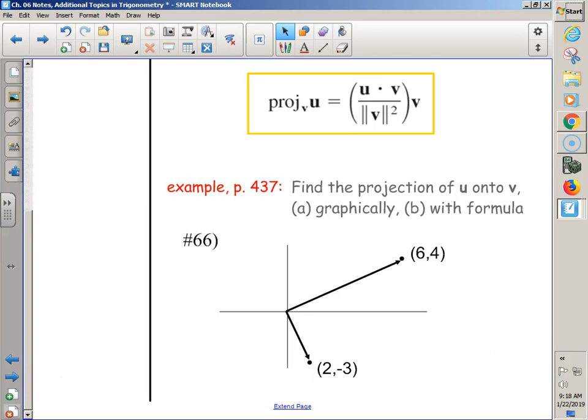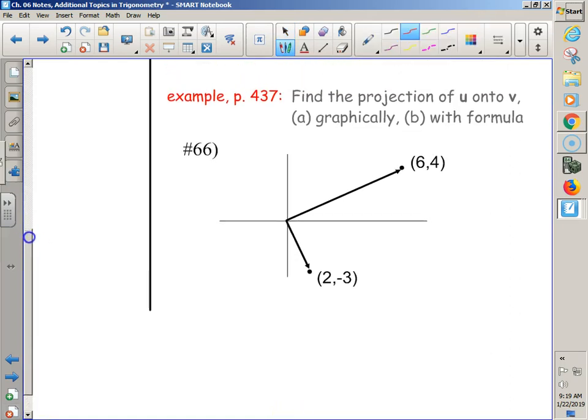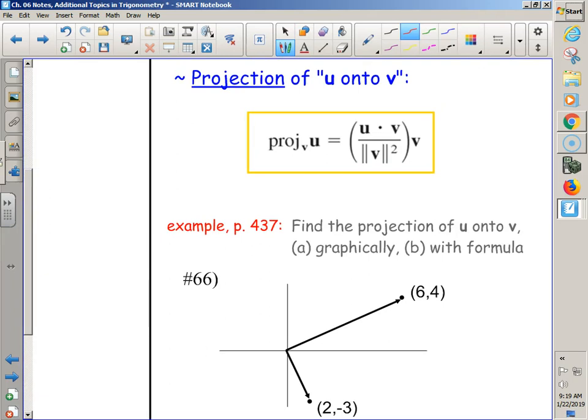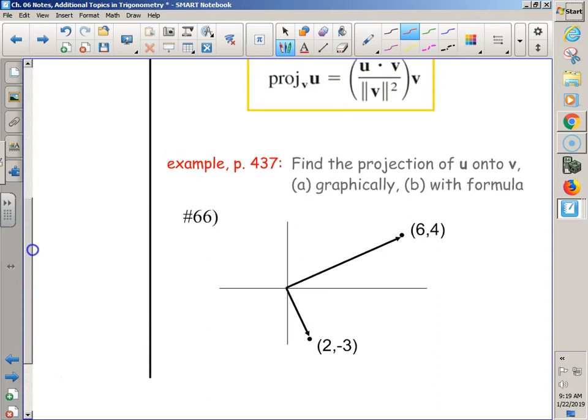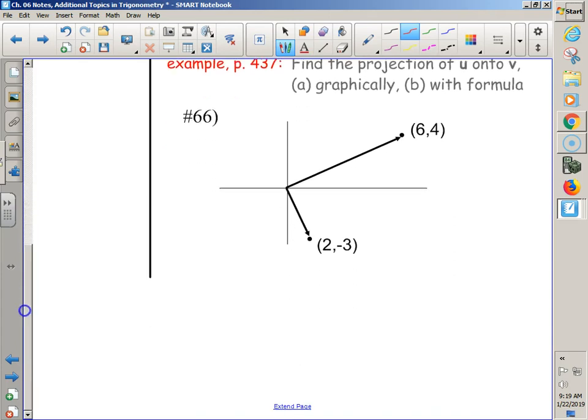What's the overall result? So let's go ahead and take this example. Let's take the formula up above and see what happens when we plug in. You guys have the formula written down? So the projection of, using the wording, that's very important, because when you have u onto v, you have to be careful because they could ask for v onto u and then everything switches. But the wording down here, do you see how it's the exact same as up there? So we're going to use the formula as is. And the formula says to find the projection of u onto v, I'm going to do